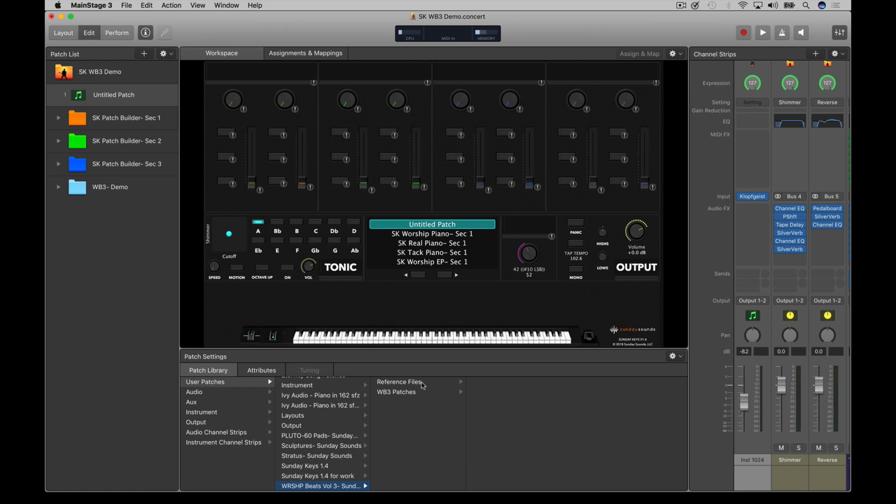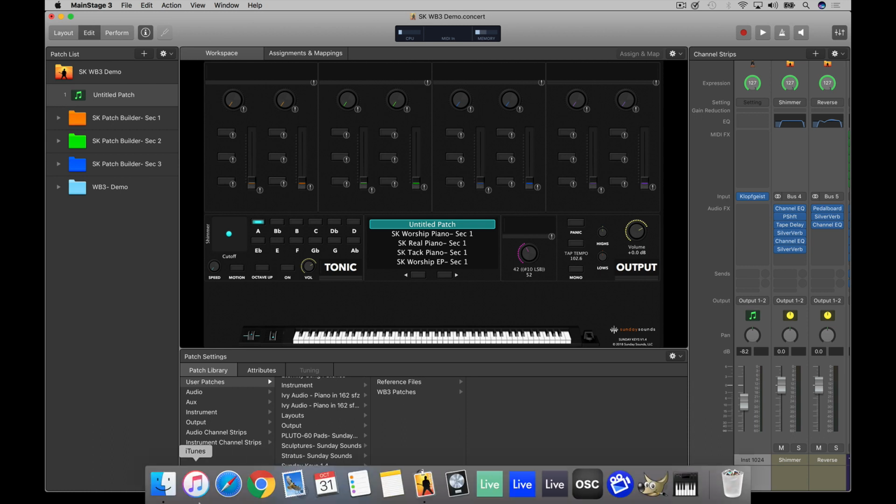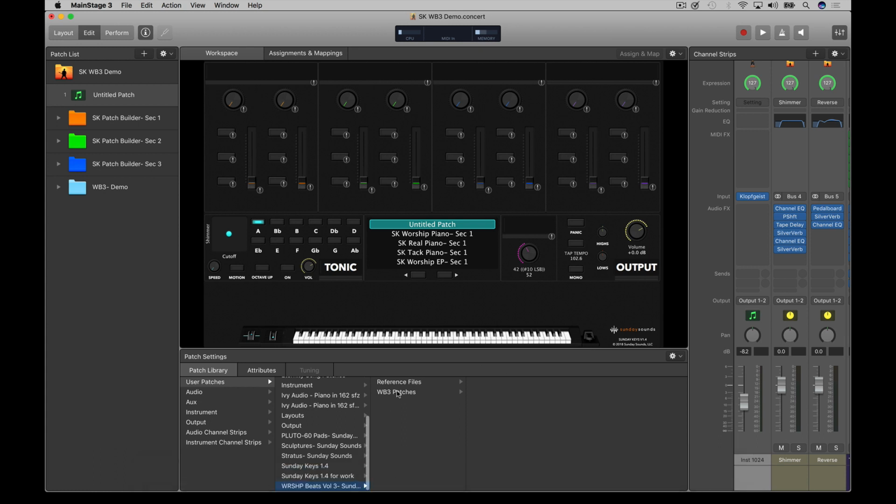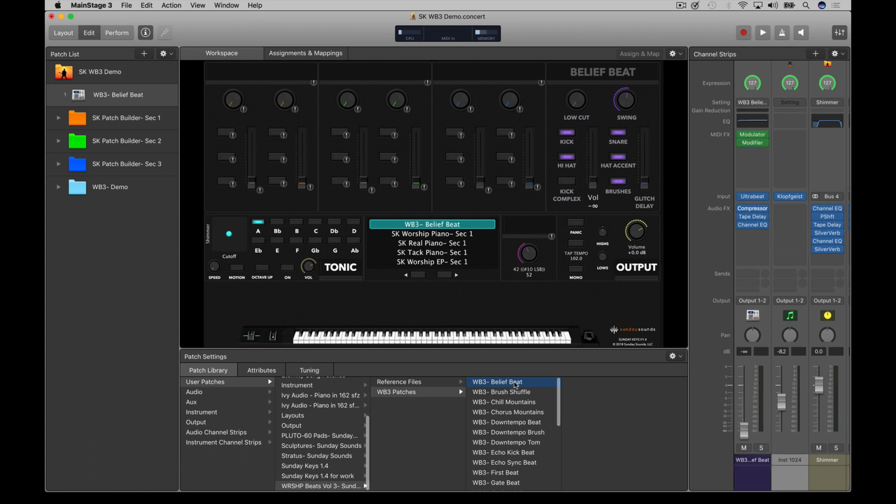So if you ever accidentally save over any of the initial presets or erase them or anything and you need to go back to the original, then you can go over here to Finder and pull up the actual folder, unzip the backup copy that's here in reference files when you view it in Finder, and then you'll be back to the beginning where you started. Otherwise, if you're ready to go, you're just going to click on the folder with patches in the name, and then you'll find all of the beats, all of the patches that are a part of your library here in a list. So to begin to demo them, just click on one, and it will load it right into Sunday